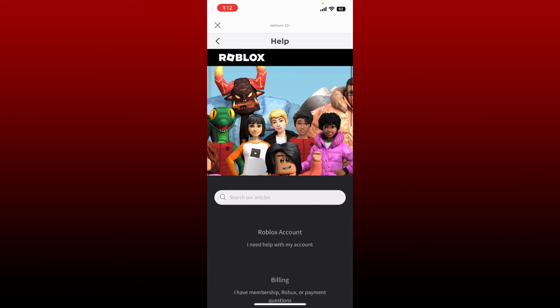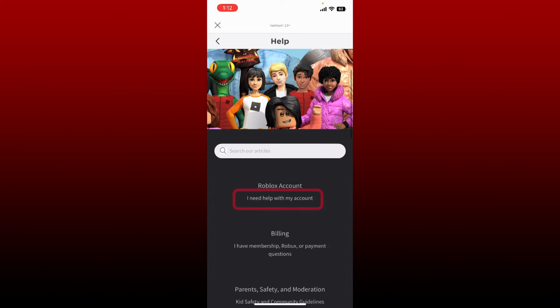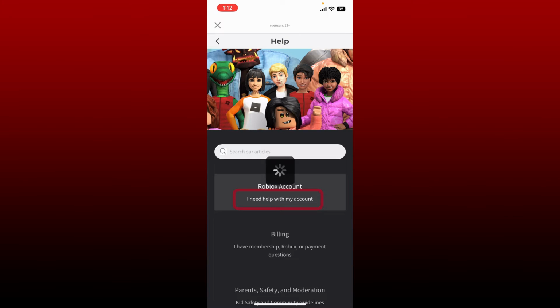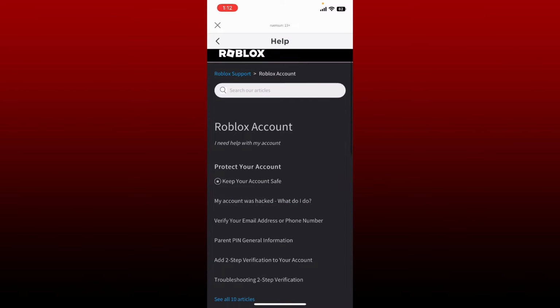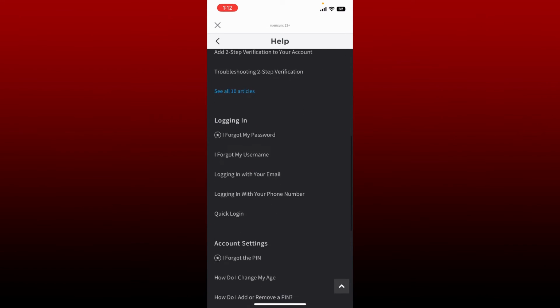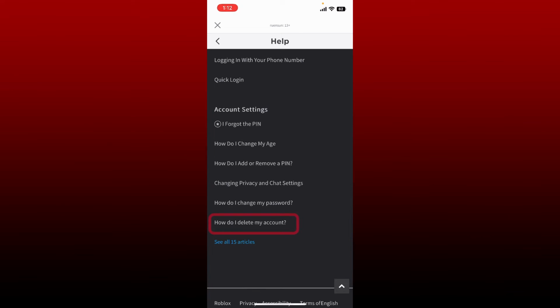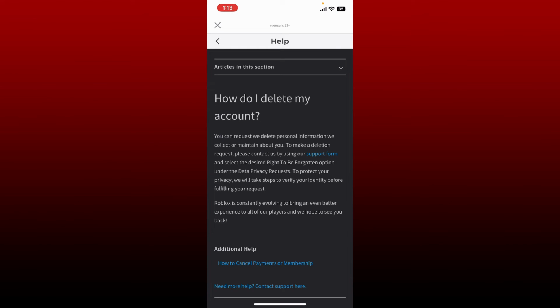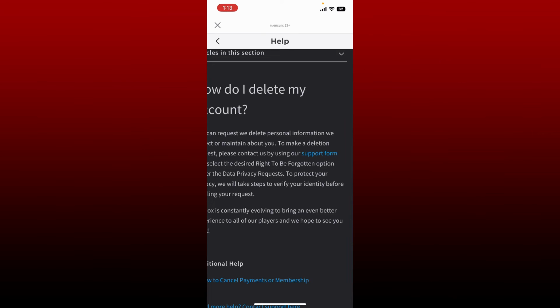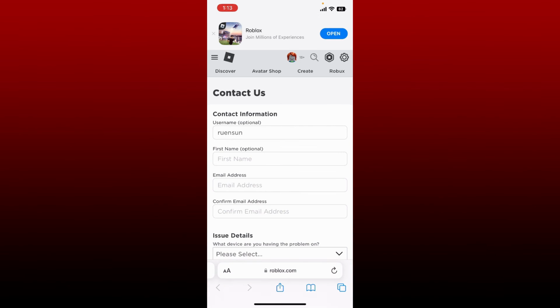Now once you see this interface, tap on this I need help with my account option at the very top and scroll down until you find this option that says how do I delete my account. You'll be able to see some information about how you can delete your Roblox account. It says that you can use the support form of Roblox and write an appeal in order to delete your Roblox account. Simply tap on this support form link, and once you are taken to this site, go ahead and